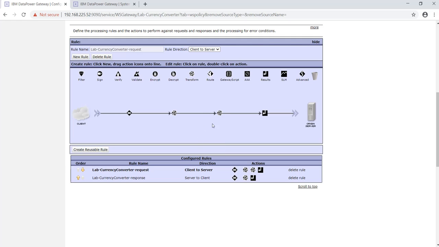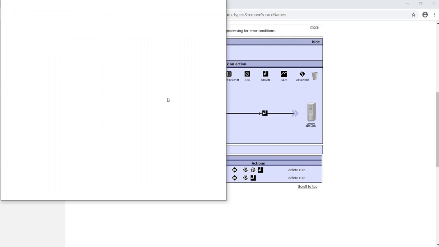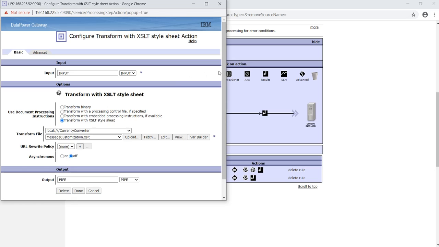After that we have a message customization. Here we'll upload the getter and setter. I have already uploaded the XSLT files, so here we'll use that getter setter value. The output would be null because it will not be the input of the next action, so we'll keep the output as null.